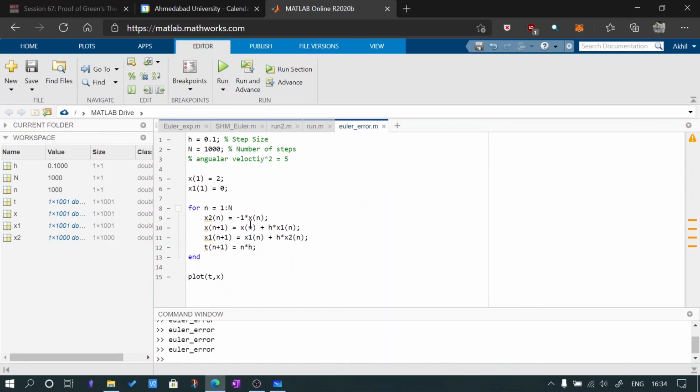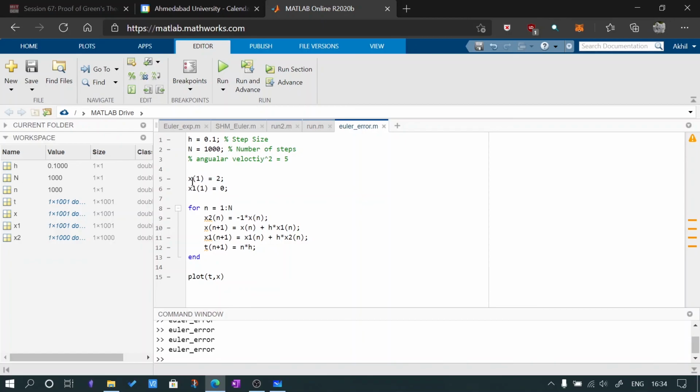So first we have to decide the initial conditions of this system, because the theory of differential equations says that to solve a differential equation of the nth order we need n initial conditions.